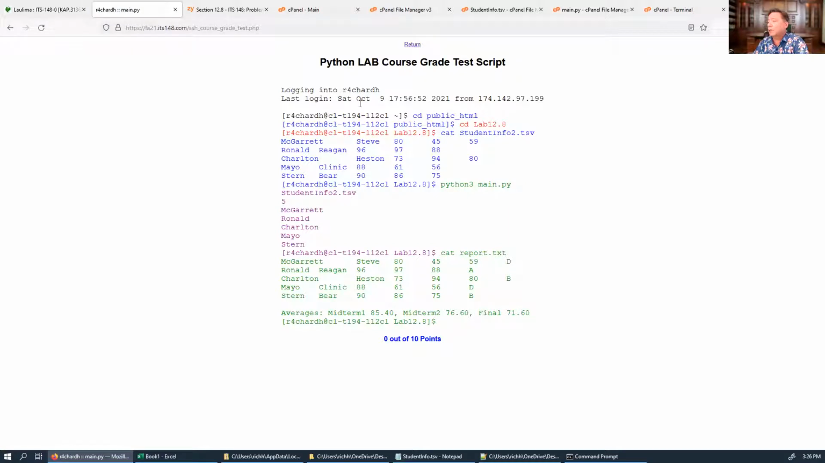It's actually a program that I wrote that logs into your account here. It logs into Richard H. And first of all, it CDs to public HTML, CDs to your folder. If your folder is not there, it's going to be an error. It won't work. But if it is there, it displays out to make sure that you've got some kind of